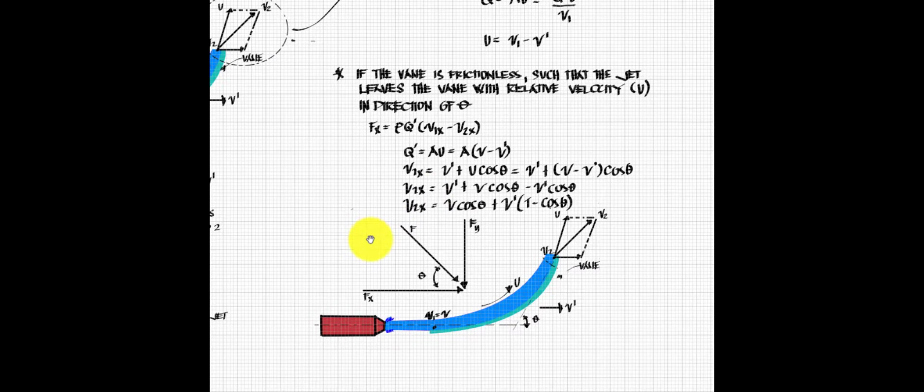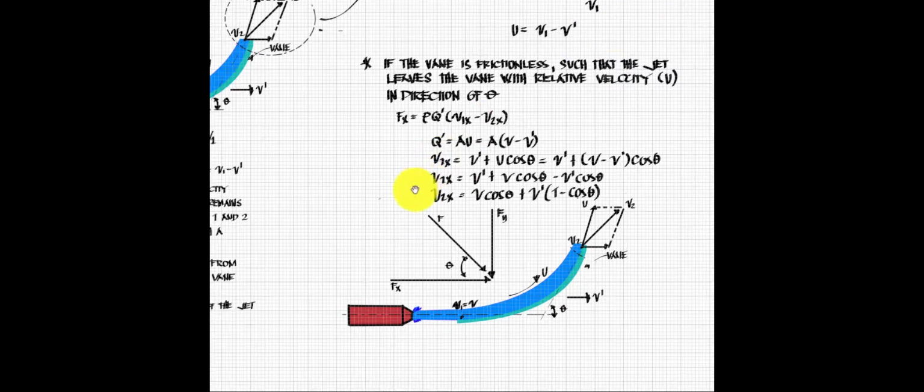You can change that one. Now for the value of velocity